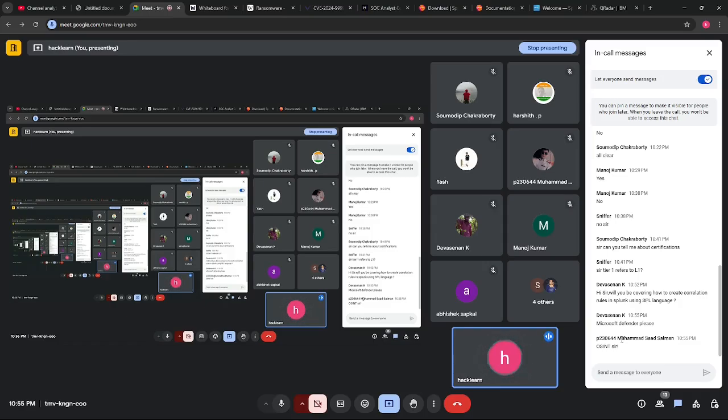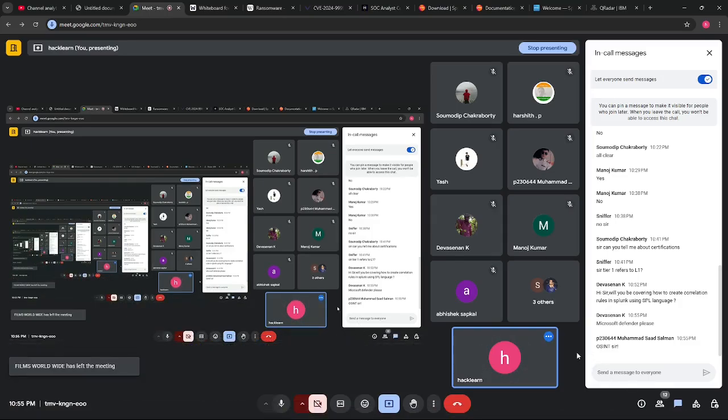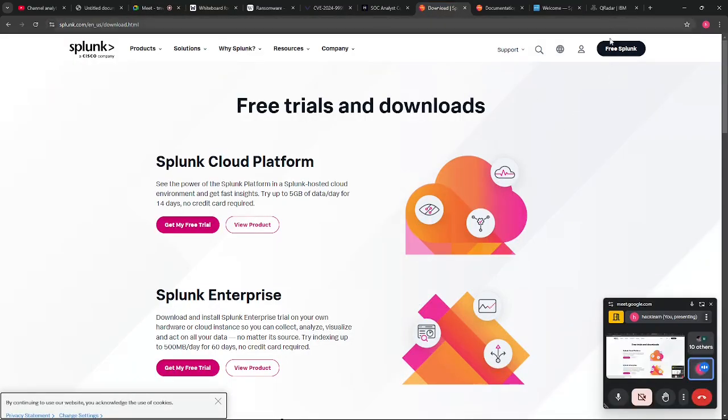That will make this course free to use. When you go for tools like Splunk, Curator and SolarWinds, they are paid most of the time. So for that, I will also be looking for some free tools that will give you more ideas. So these are the tools we will start discussing by tomorrow.